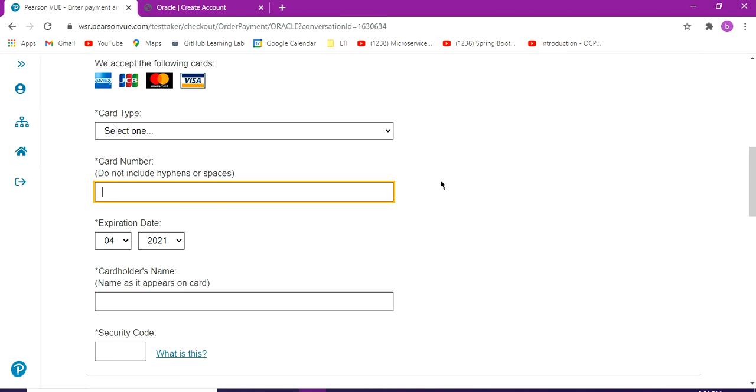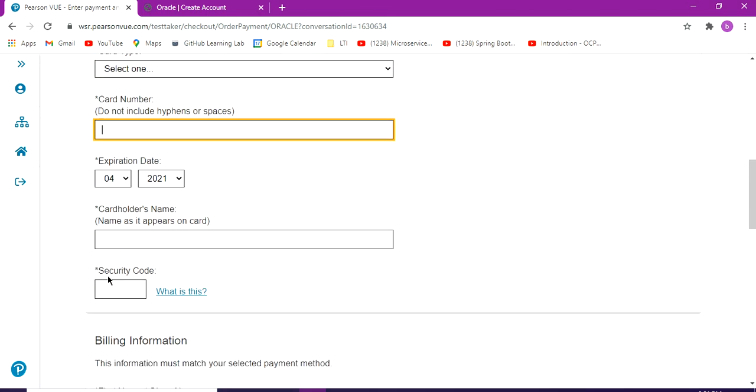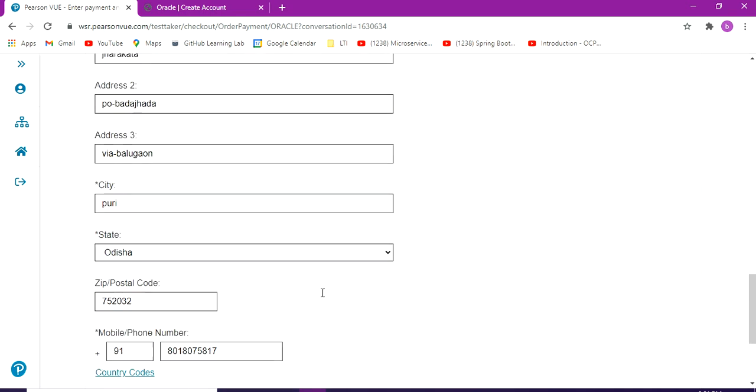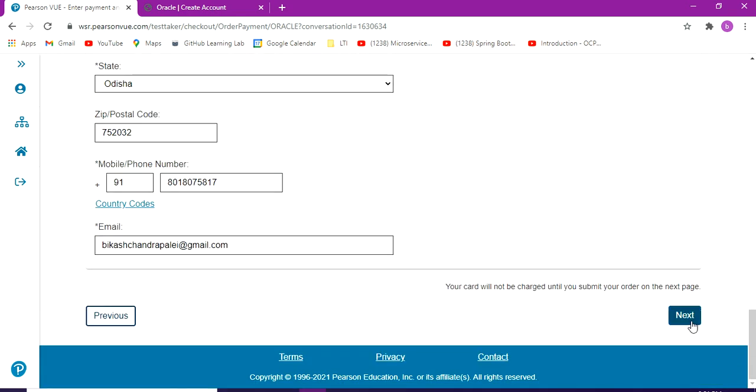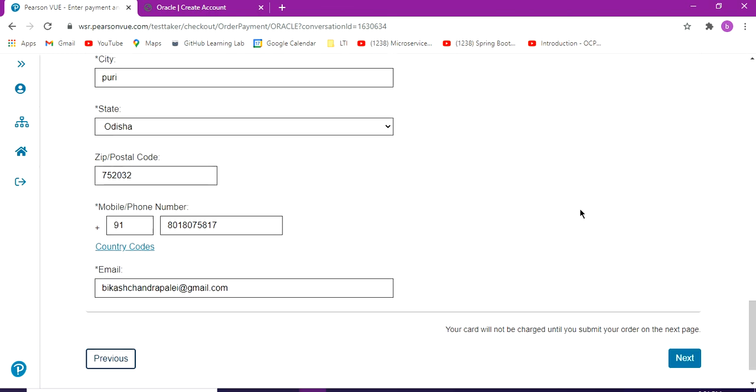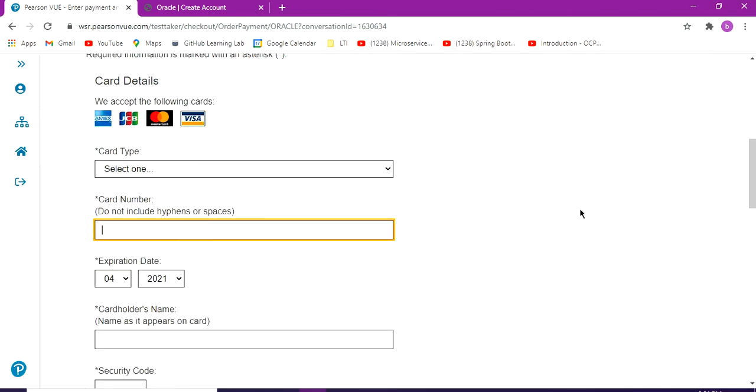So you can choose one card. Then you give your card number, you know how to fill this in, and your CVV. Then come down and click next. After that, one OTP will be created. You know how to do it. Then finally your registration will be done.